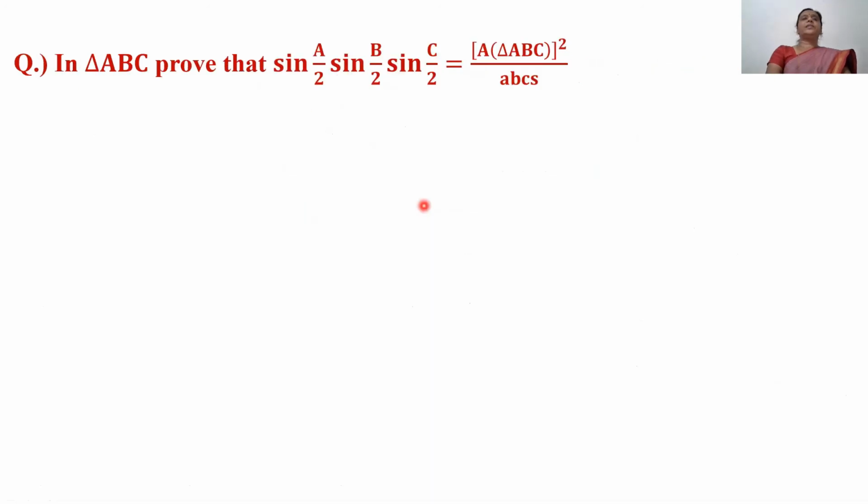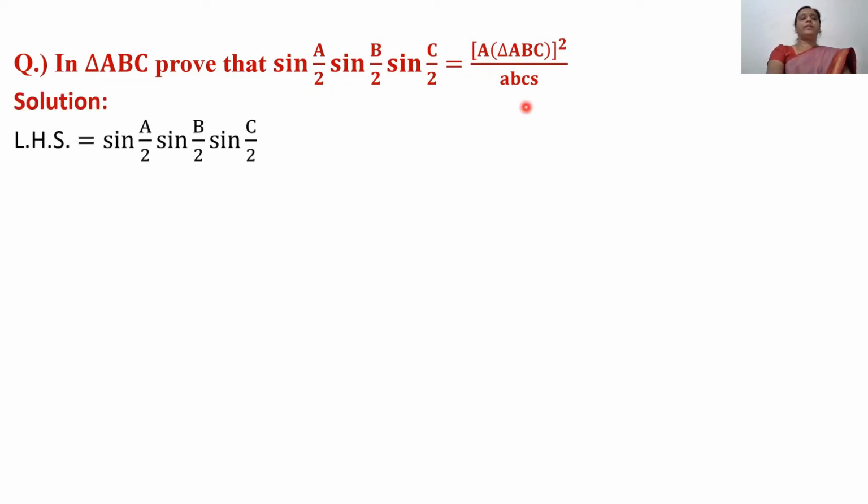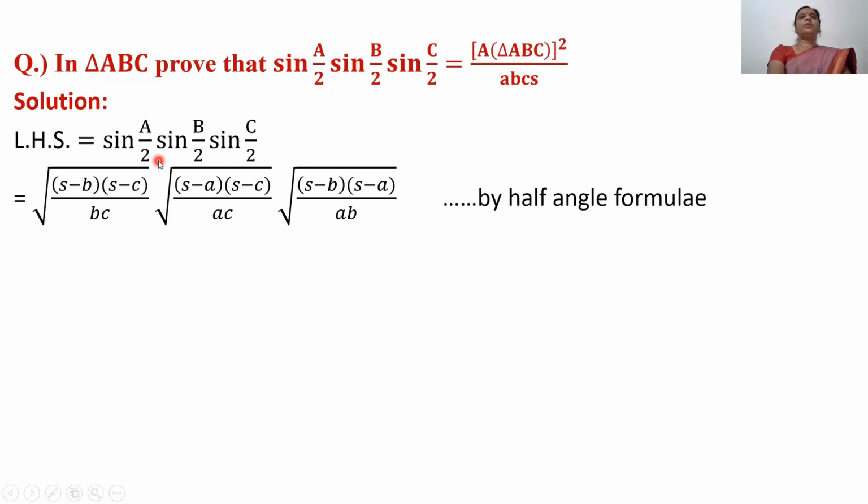Okay, then see the next example. In triangle ABC, prove that sine A by 2 into sine B by 2 into sine C by 2 is equal to, in the bracket, area of triangle ABC square divided by ABCS. Write down here left hand side is equal to sine A by 2, sine B by 2, sine C by 2. Then from the half angle formula, we will keep here the values of sine A by 2, B by 2